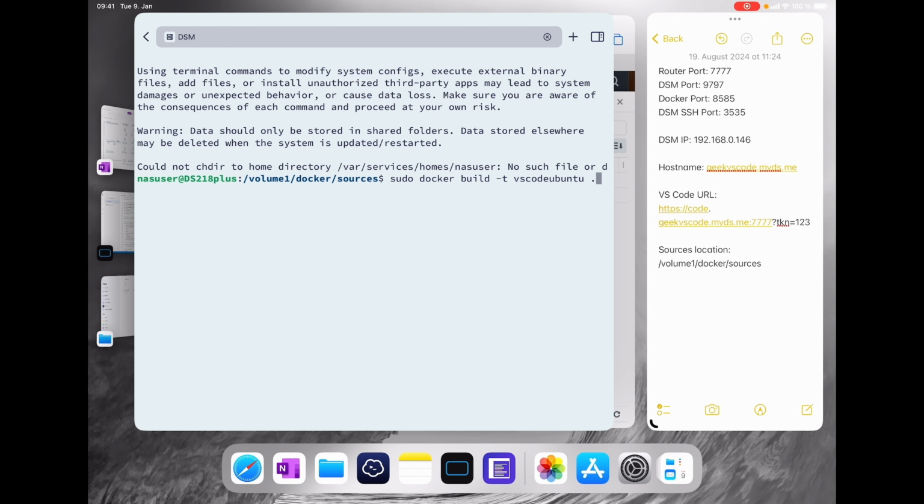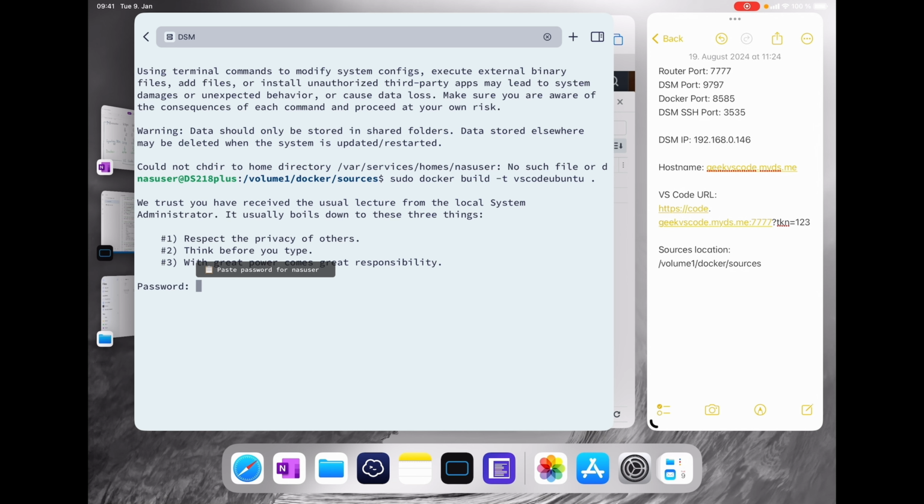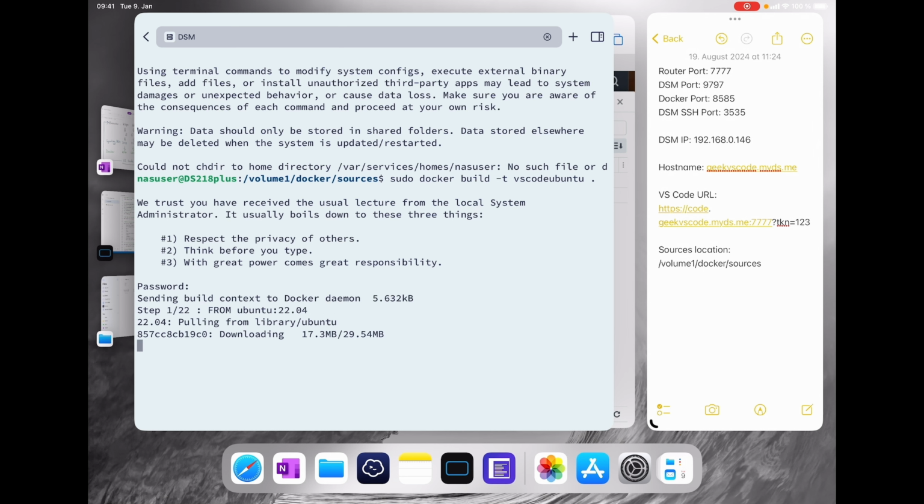And let's click enter. Because we used sudo, it requires our password, and because I typed it in our configuration, I can just click paste password for NAS user. And now it started building our Docker image. Building a Docker image may require some time, depending on how powerful your Docker machine is. In my case, it will be around 30 minutes, so see you in 30 minutes,